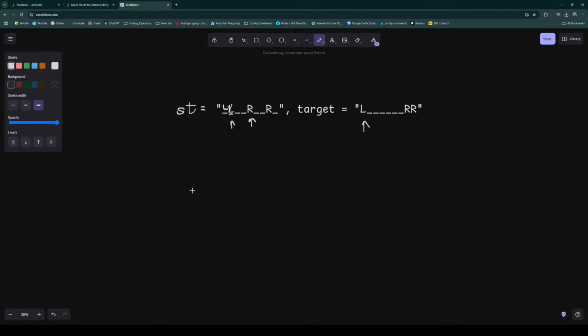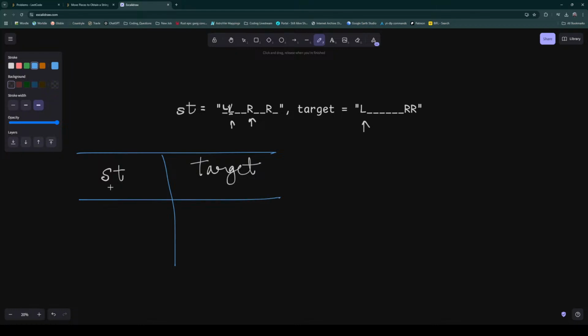So what are the conditions in start and in target? There could be a condition where in start I have an underscore, but in target I want to get L. Then there is a condition